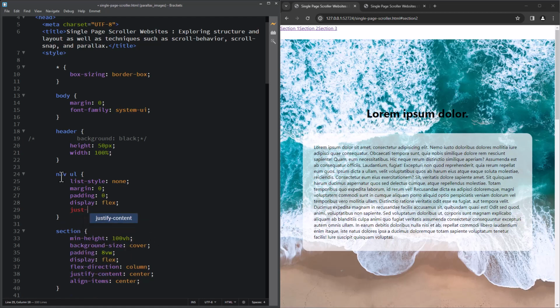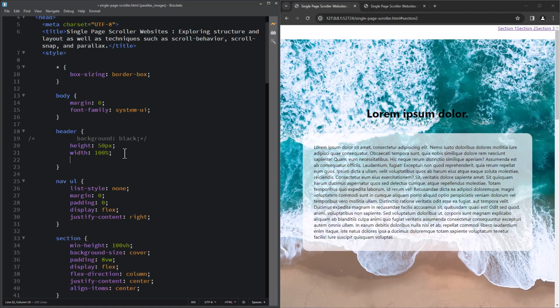I might say that I want to justify that content as being on the right hand side to have my navigation over there on the right as well. So there we go. We've got a couple elements here. I think what I'll also do is take the header and tell it to display as fixed, so that when we go up and down on the page, the header itself does not change. So as we scroll with a fixed navigation here, then that header shouldn't